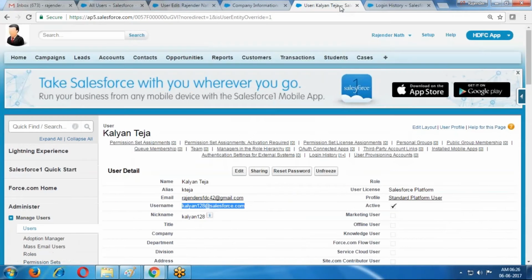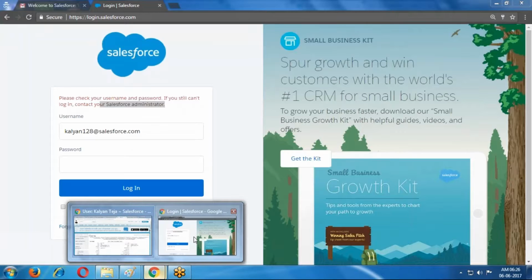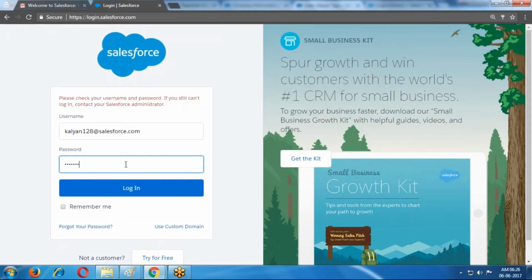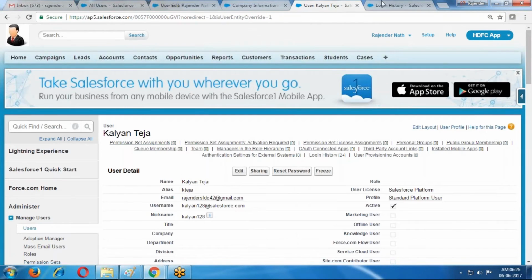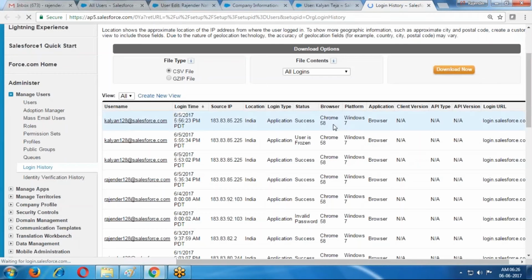Suppose if I unfreeze and log into Salesforce, now the user logs in successfully.